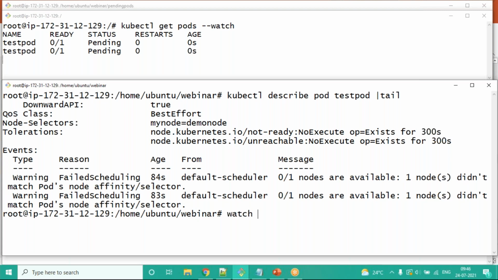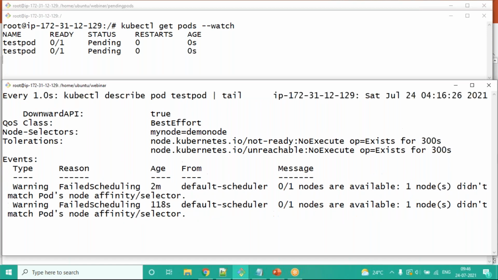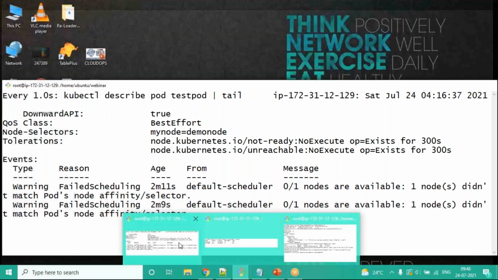So what I'll do, I'll use the Linux watch command, and I'm going to run this kubectl describe command every 1 second so that you can see live output. So kubectl describe pod test pod, and let's tail it. All right, so you can see this will be running the same command every 1 second. So now side by side, what I'll do,